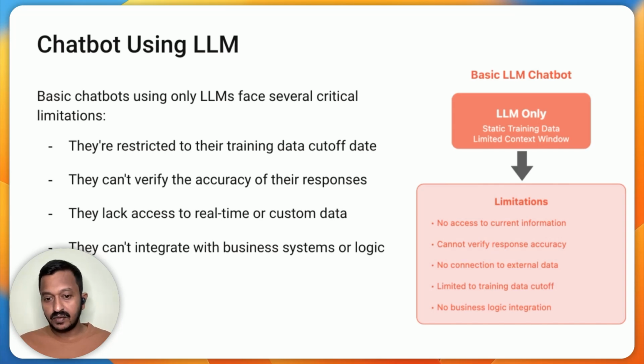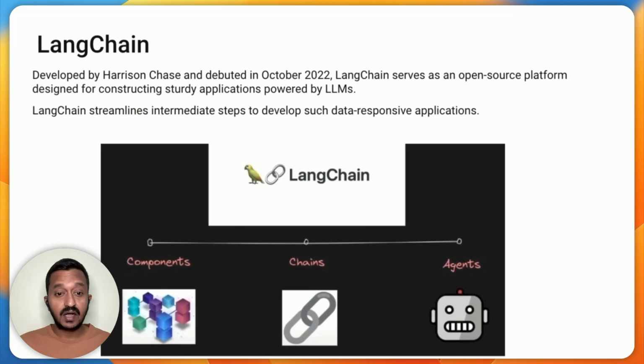And they can't integrate with business systems or logic, right? You can't do much more with chatbots just using LLMs. So these are some of the limitations, and that is where LangChain comes in, developed by Harrison Chase, and it came out in October 2022. Just started as an open source